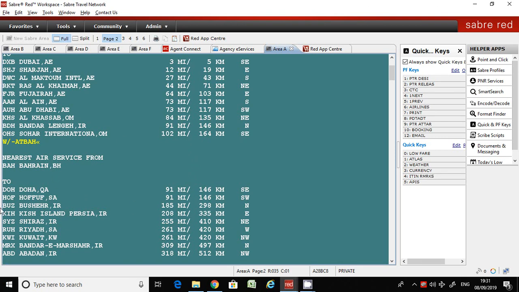These are the airports. Now let's look at the third command in this tutorial. The third one is how can we find the distance between two cities. Let's look at the command: W/-